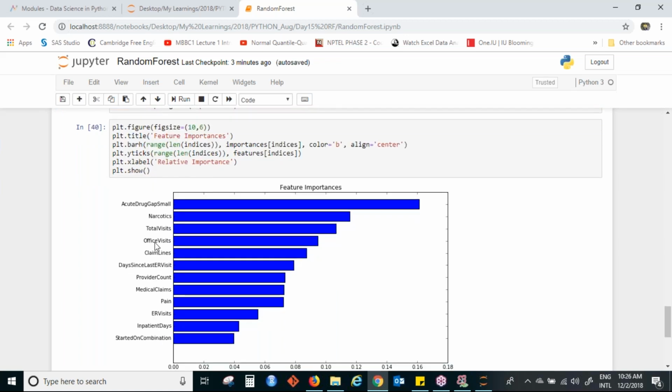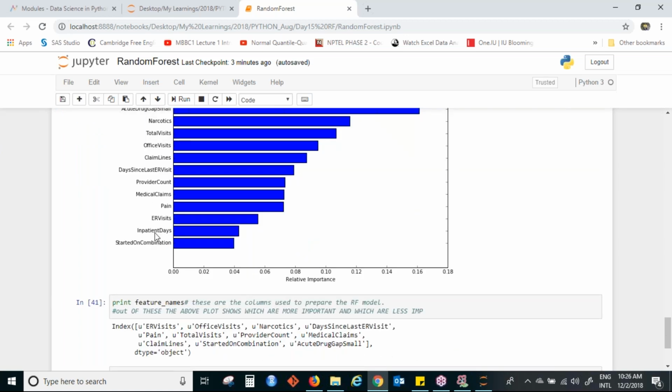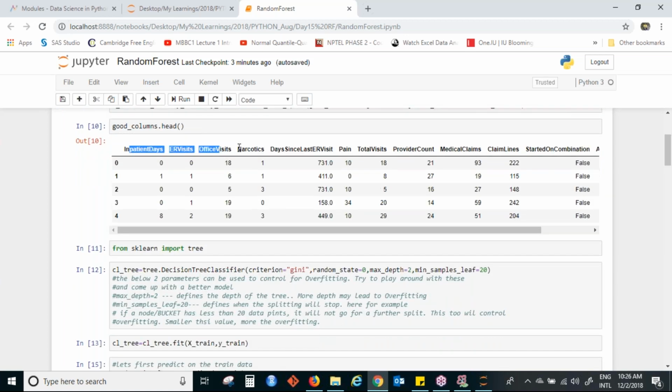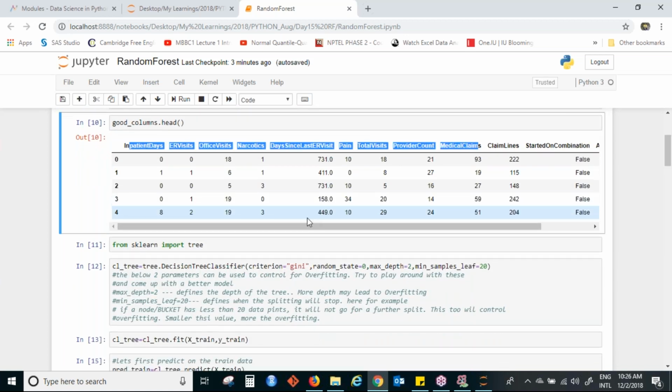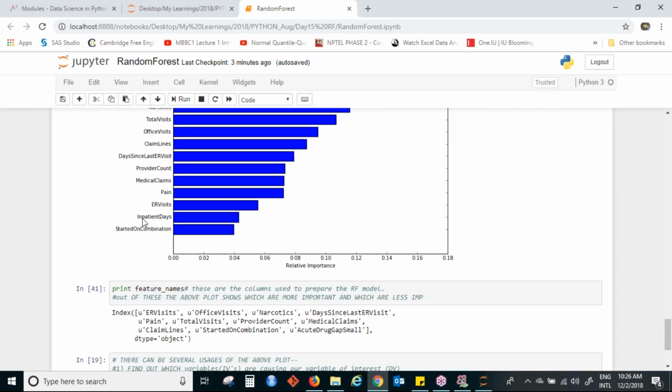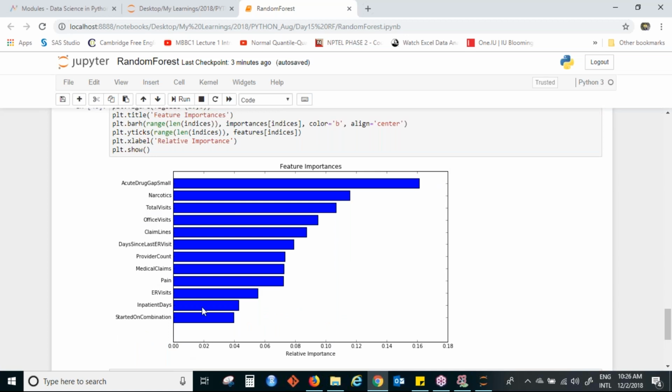So this is the variable importance plot. If you see the variables that we have in the model, it has given a ranking of all the variables. For example, this variable is the most important, the next variable is the second most important, and so on. So this is very helpful if we get a variable importance like this. It means the last few variables are not very important. You can ignore them. The first few are very important.